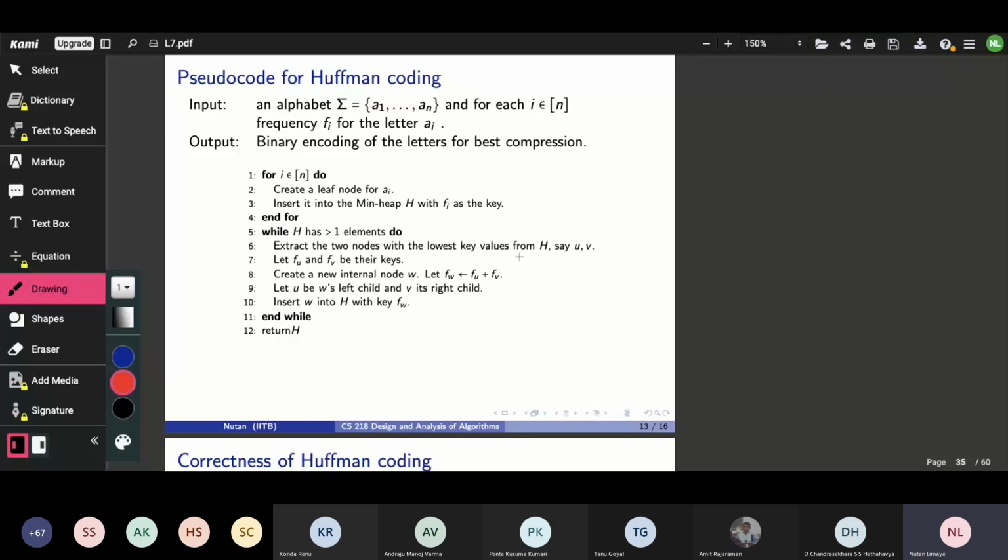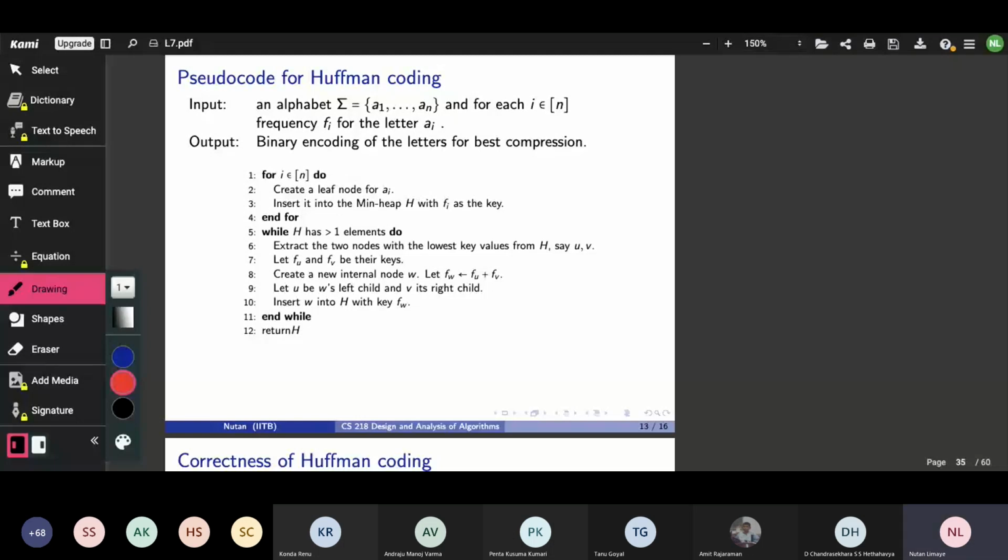All right, so now we are going to talk about correctness. So what do we need to say? We need to say that the tree obtained by the bottom-up strategy is in fact the best possible tree. What does the best possible tree mean? If a certain leaf in the tree is at position left, left, right, left, then I know that its encoding is going to be 0, 0, 1, 0. So each letter in the alphabet is associated with a binary string of length equal to its depth in the tree.